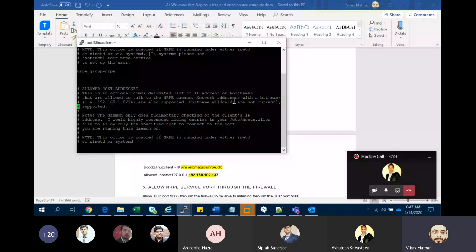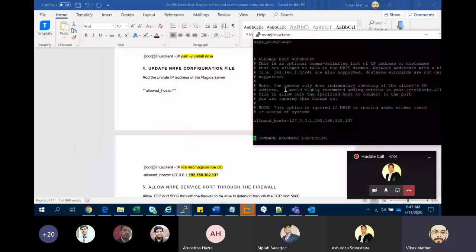You see, in allowed hosts, you have to mention your server IP, because this configuration file requires your server IP. NRPE collects all the information and resource data and sends it to this particular IP. So that is why.